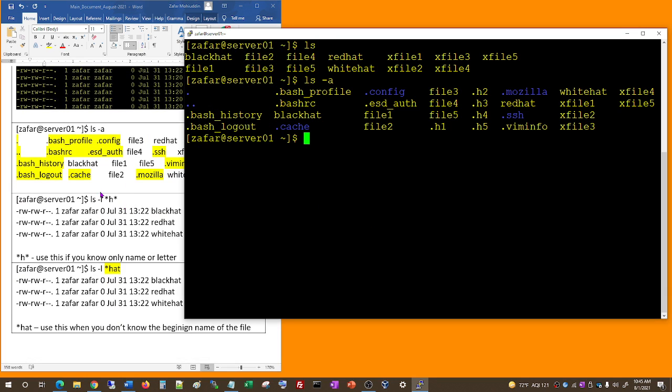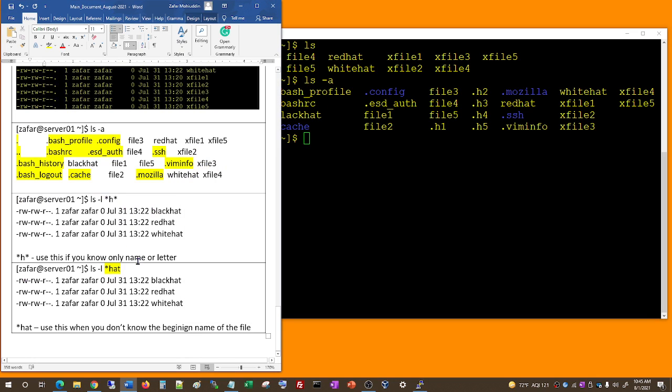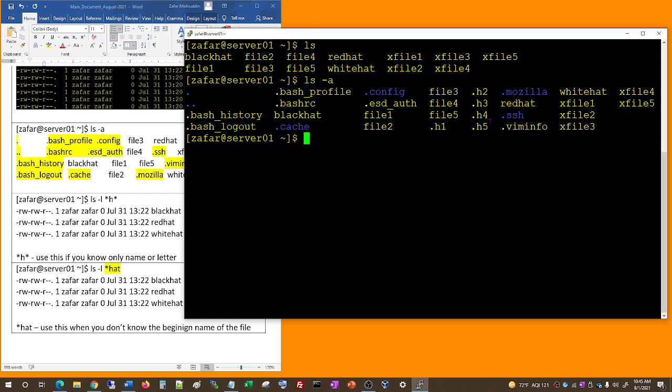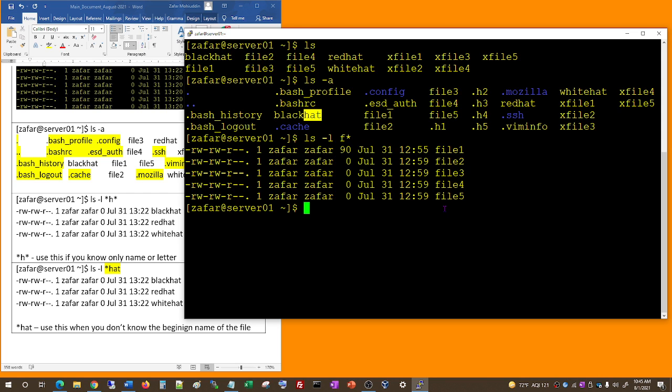So over here I'm showing you, if you know a little bit, the earlier command I showed you here, it says ls -l f asterisk. What if you remember the end of the file name, but you don't remember what the file starts with? What you could do is